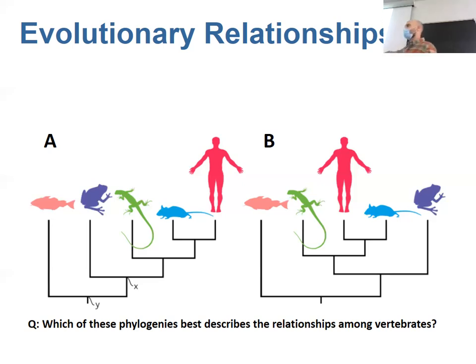Generally, if people are asked which is correct, they might be tempted to choose this one because it seems like it's this progression up towards the glorious organism that is humans. But in fact, this one is just as accurate. And there are other ways that you could change this as well, and they'd be just as accurate. So I just want to make sure we've got that. And this is an accurate representation of a very broad tetrapod phylogeny, with fish as the outgroup. Of course, it's a lot more complicated because there's a lot more stuff in there, but that is generally accurate. Questions on that? Anything lingering that's still not clicking for you?